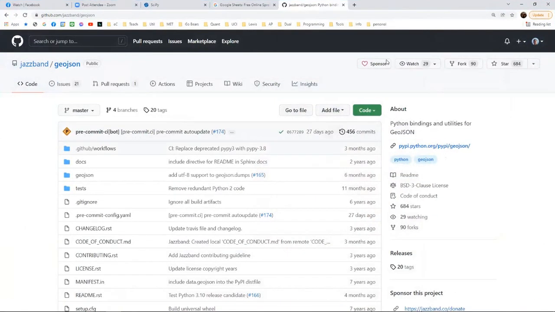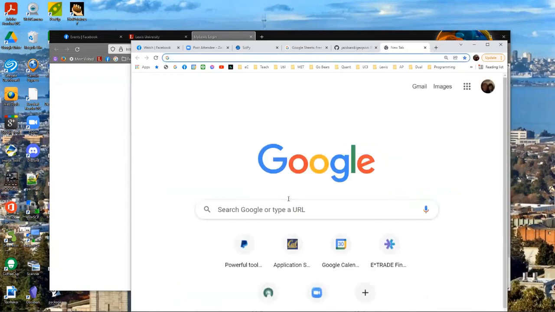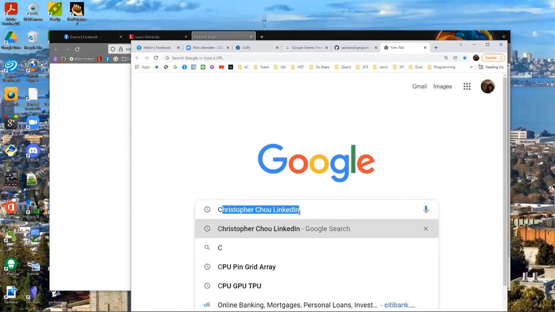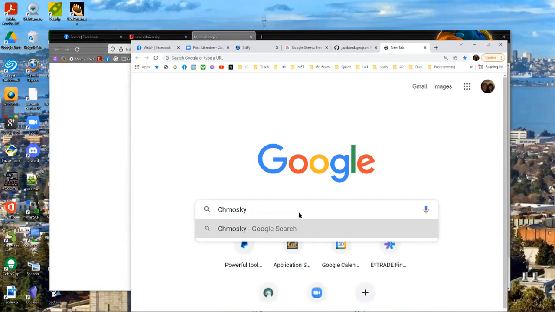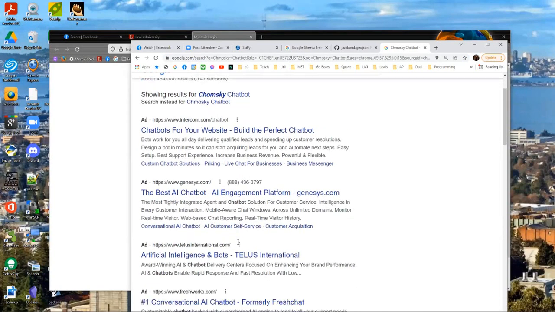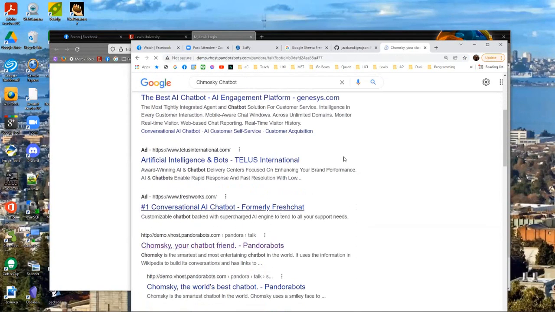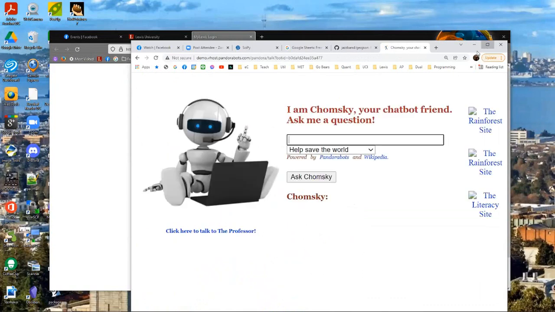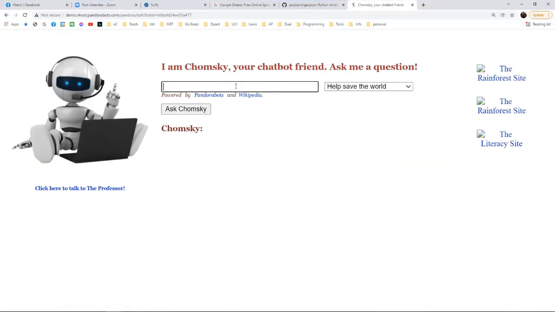So a very simple one is this chatbot example. If you really don't know how, you think my technical background is not that great, but I do want to say, okay, I need $1 million.